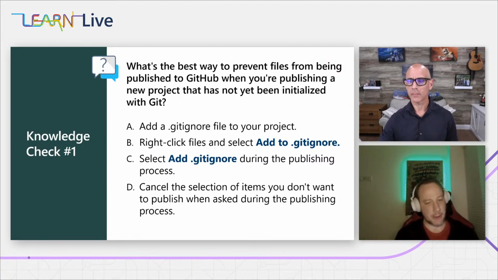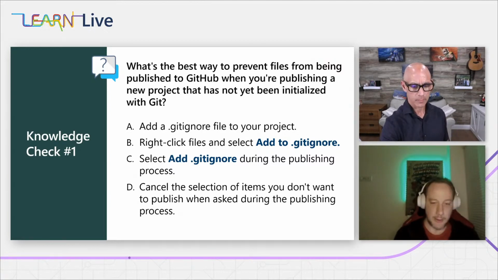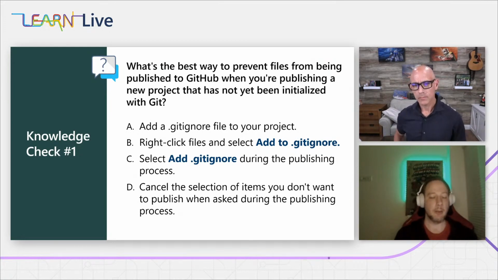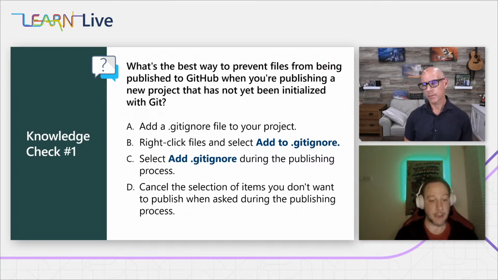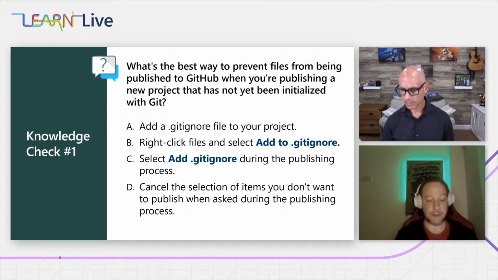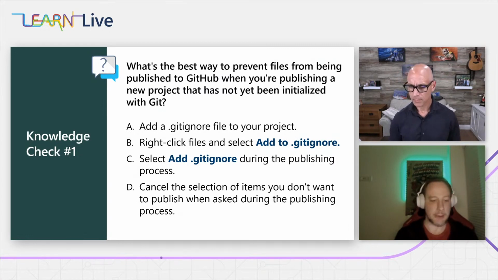Let's start with the first question here. What would be the best way to prevent files from being published to GitHub? So from your local machine, publishing them to GitHub, you want to prevent files from publishing. So you have your local project, you're going to upload it. When everything works out fine, the question shows up on your end of the world and you can participate. Let us know in the chat. Just answer if it's A, B, C, or D. I mean, it shouldn't be harder than this.